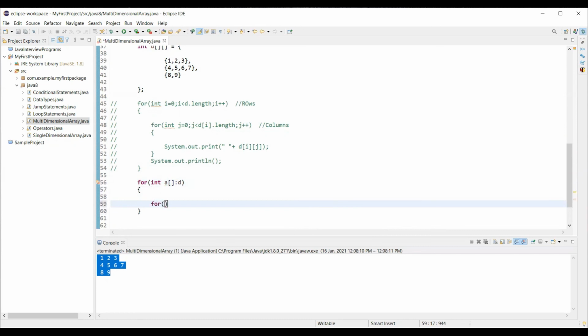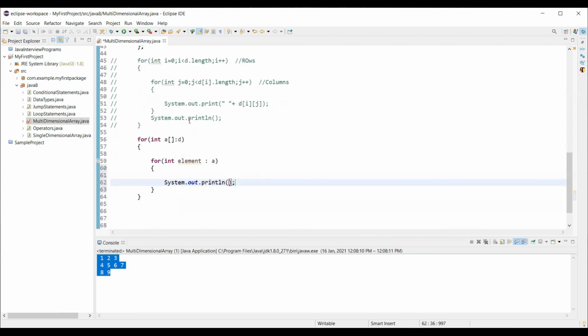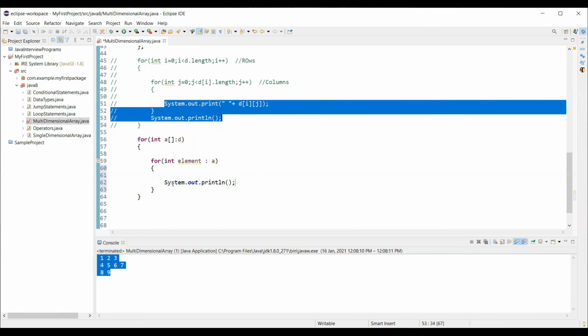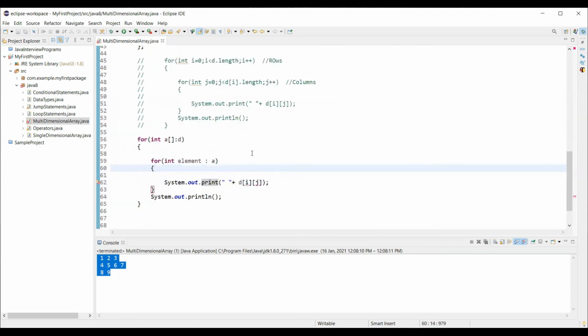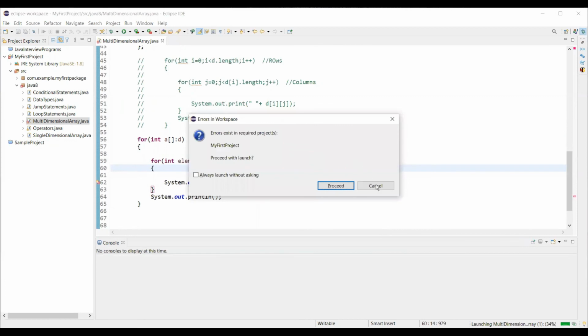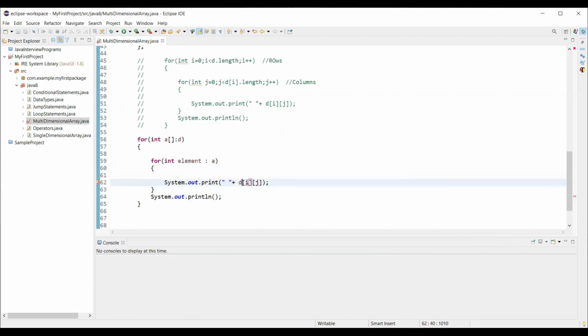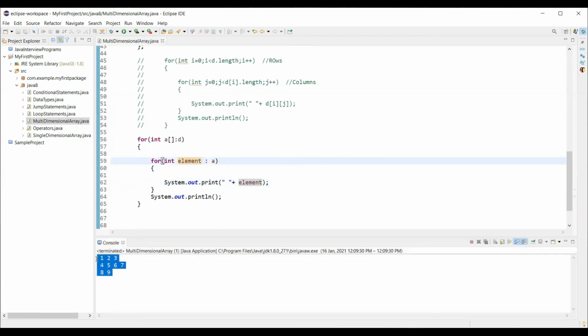And from each single dimensional array, I wanted to read one element and print that on the console, right? The same thing we can actually copy here. Let me execute it. Oh, we have an error here. Okay, we don't need to mention the indexes here, as this is an enhanced for loop. You can see here the same output, right?